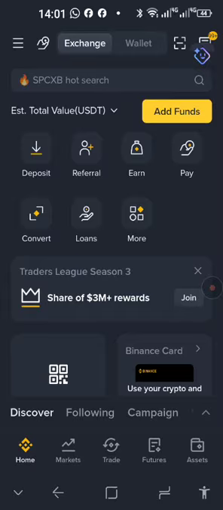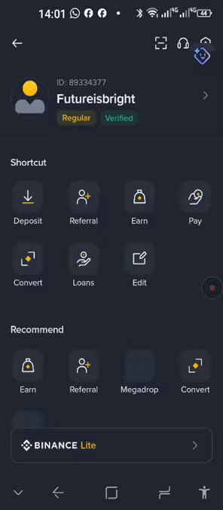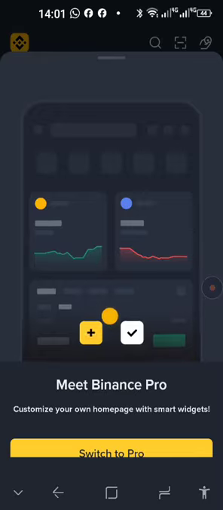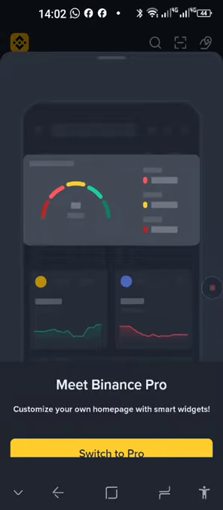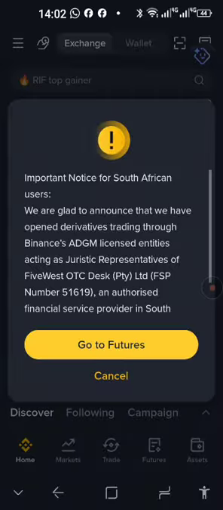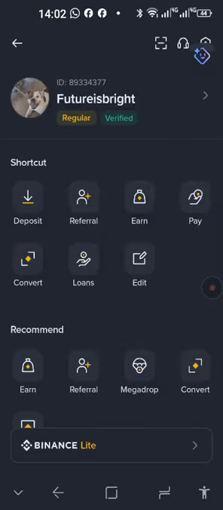the Binance Pro version. So to get to Binance Pro, you will just click on those 3 dots at the top, and you will see at the bottom it will say Binance Lite. Normally it's set to default on Binance Lite, if I press on Binance Lite it will change to Binance Lite now, but you want to be on the Pro version, so switch back to Pro. It's a personal choice. I just prefer the Pro version. It's just much easier or more user friendly for me. So you're gonna go back.